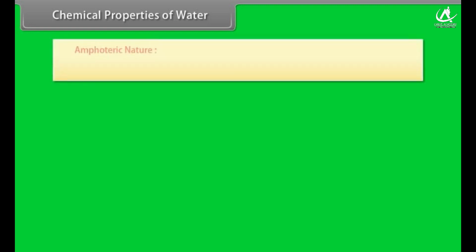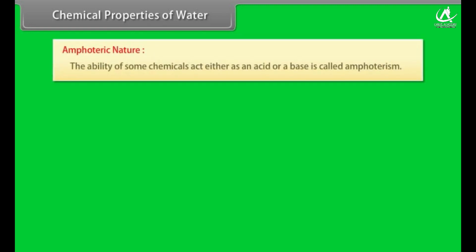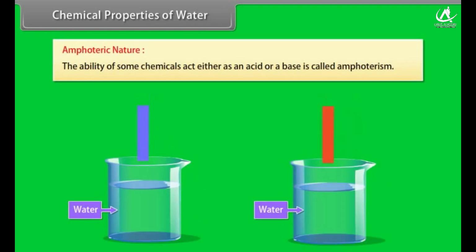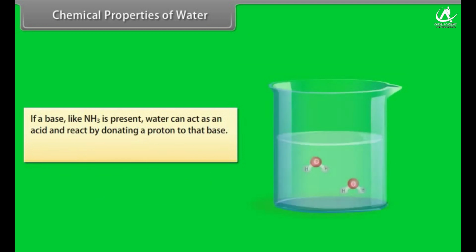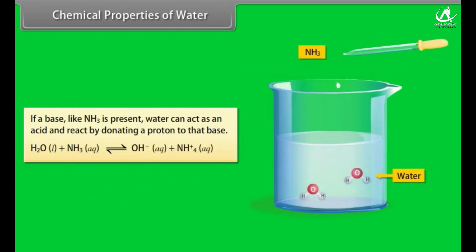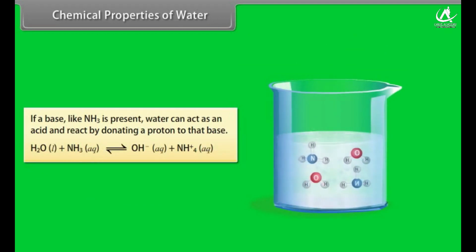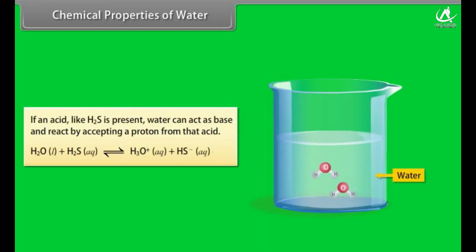Chemical properties of water. Amphoteric nature. The ability of some chemicals to act either as an acid or a base is called amphotericism. If a base like NH3 is present, water can act as an acid and react by donating a proton to that base. If an acid like H2S is present, water can act as base and react by accepting a proton